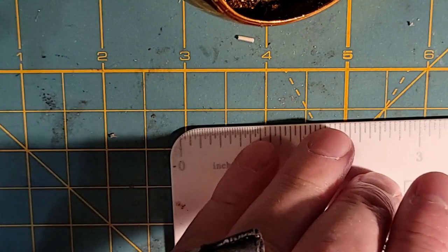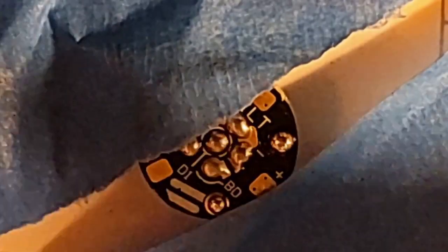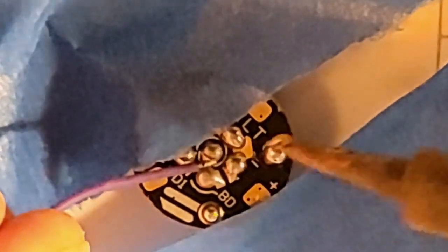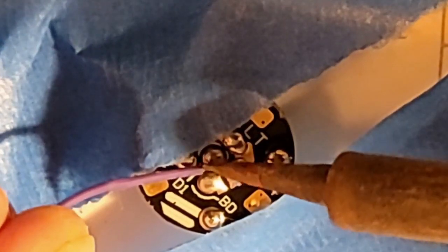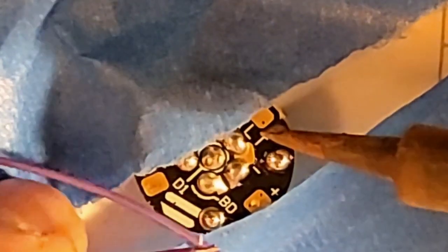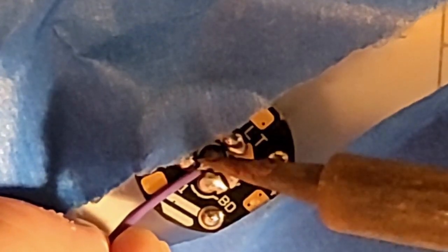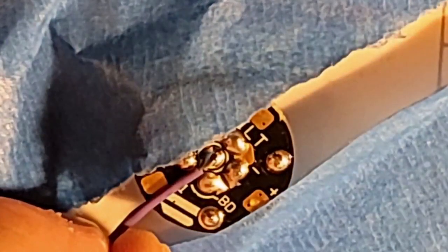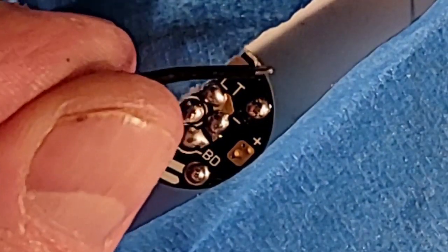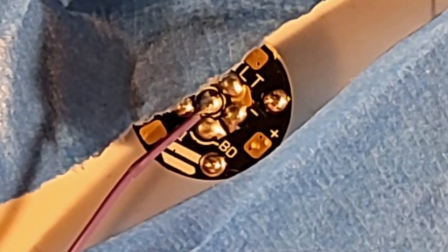So what I'm going to do now is take this down to solder onto my tip, and we're going to come in here for the kill. Looked like there was a little piece of wire sticking out there. Actually, I don't like that, and I moved right before it solidified. I want this going down just like that because I want all my wires pointing away. So you guys can see that there's not much stripped wire there. That's the biggest mistake a lot of newer guys make: they strip too much wire and they have a lot of bare wire